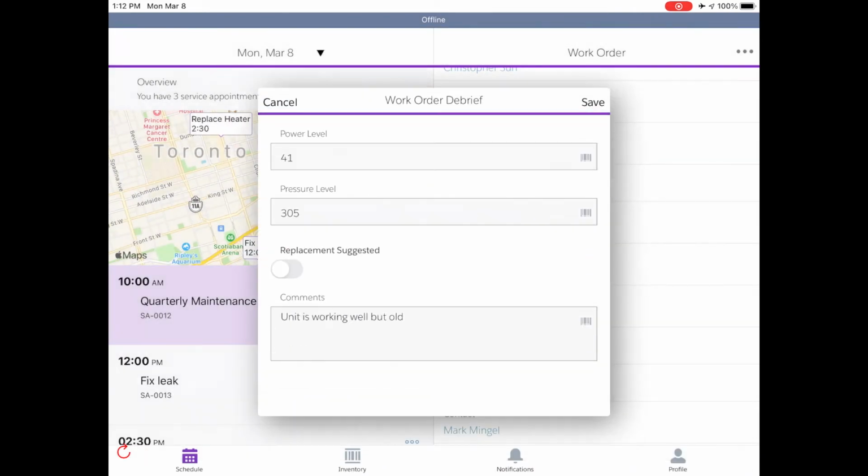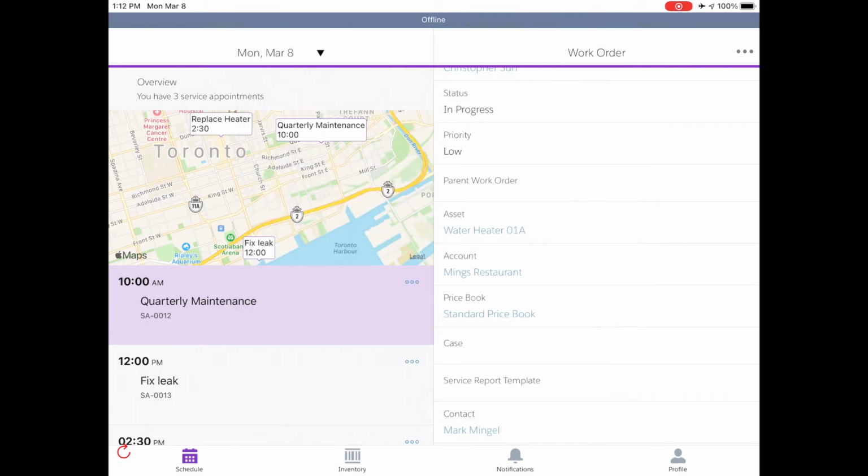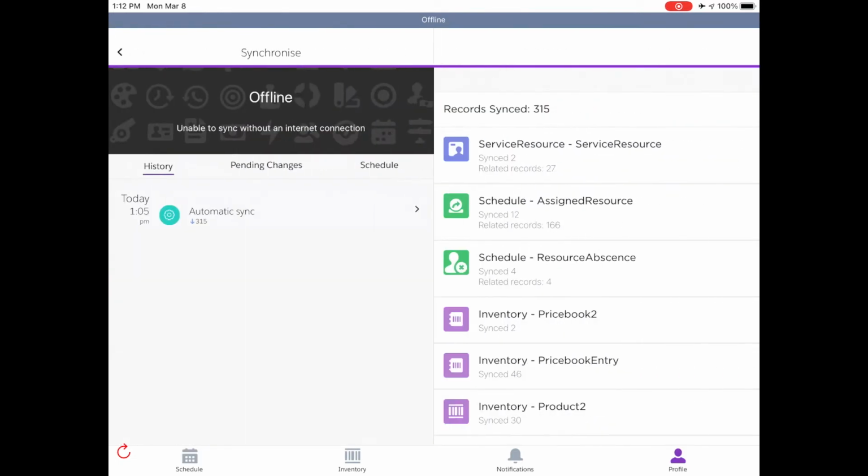This brings me to another aspect of the Axie mobile app which allows it to be offline first, and that is the app's pending queue. All changes made by a user pass through this pending queue. When the user is online, these changes enter the pending queue and then exit immediately, effectively updating the Salesforce platform in real time. However, when the app detects that it is offline, changes are instead held in this pending queue.